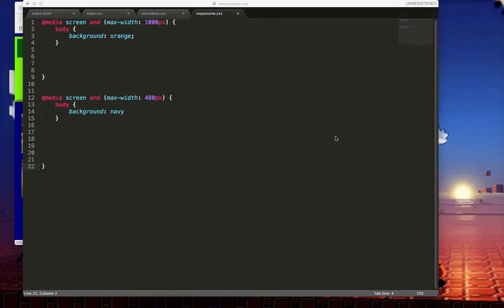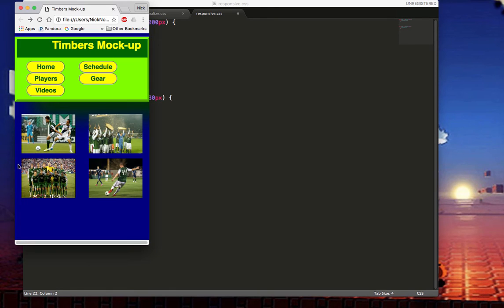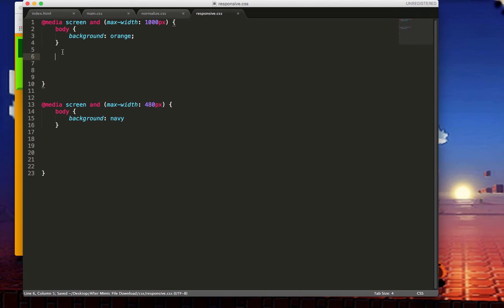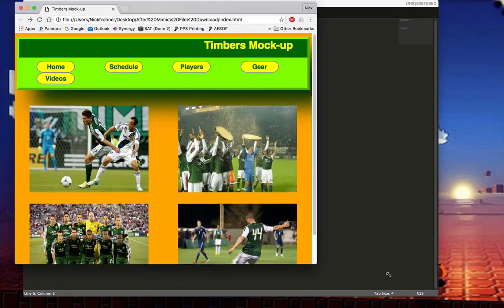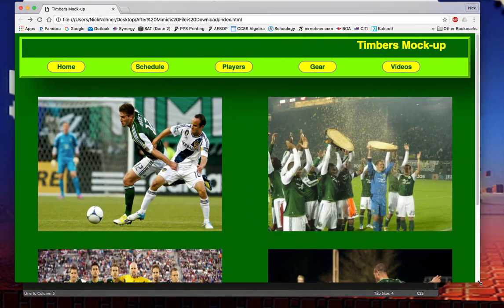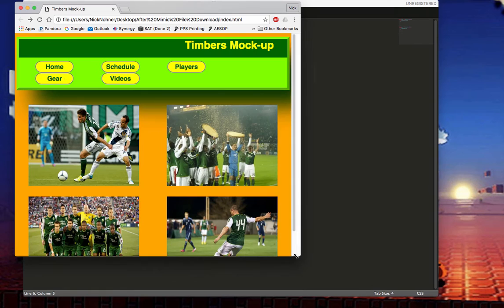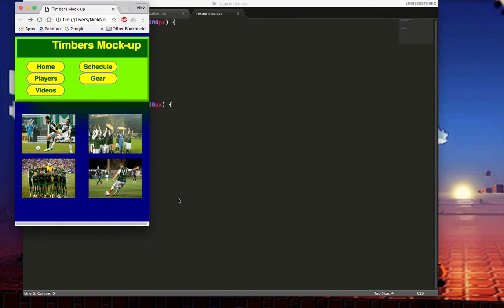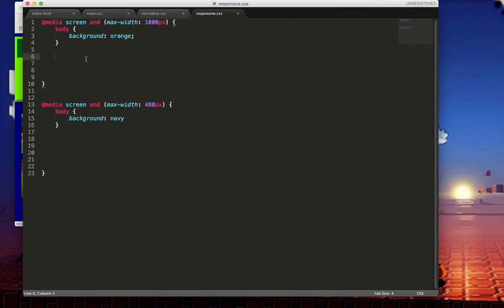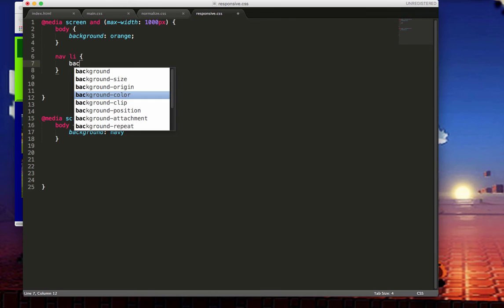Let's start working on making our responsive, like our mobile page, look a little bit different, a little bit better. Okay, so we can do all sorts of things when we're doing this, and I kind of like having the three different backgrounds while you're editing. So you have like the green, which is controlled by the main CSS, and then you have the orange setting and the blue setting. That way, if you ever need to make a change, like if I want to change something in the orange setting, like if I want to change those list items in the nav, and I want to change their background to